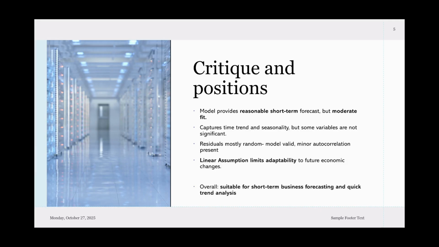Overall, I would position this model as reliable for short-term forecasts and trend identification, but less effective for long-term or high